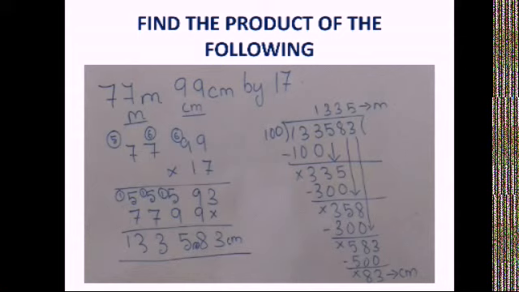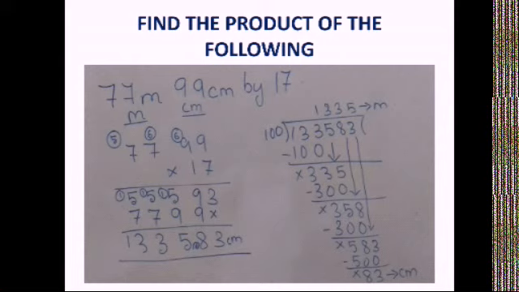Now add all of them. Simple addition. 3 will come down, 9 plus 9, 18, 1 will go as a carry, 9 plus 1, 10 plus 5, 15, 1 will go as a carry, 7 plus 5, 12 plus 1, 13. 3 will come down, 1 will go as a carry, 7 plus 5, 12 plus 1, 13. Now look here, 983 is under centimeter, so 83 will be in centimeter, and 1335 is under meter, so it will be in